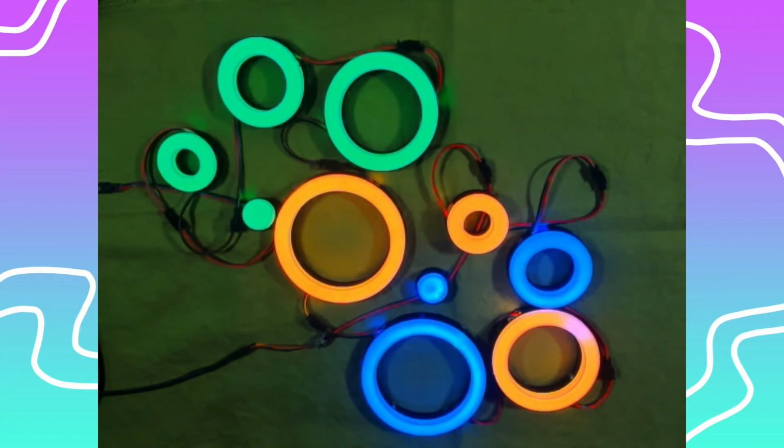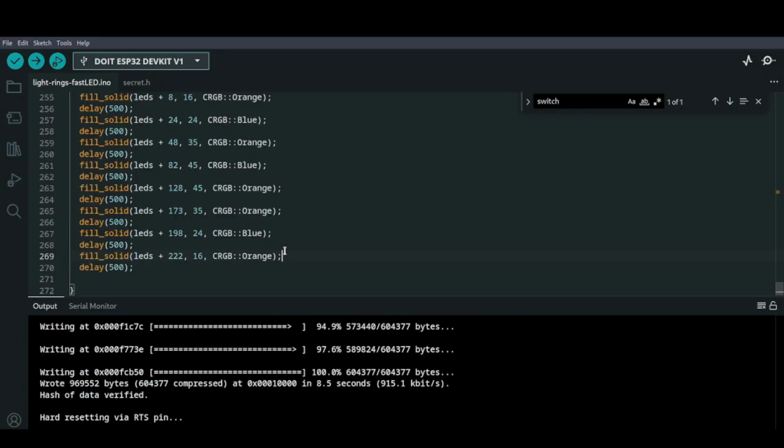Am I doing this right? I'm sorry, I was trying to drink coffee. 45, 35, 24, 16, and then 8. So I know the last one is going to be 248 and 8.